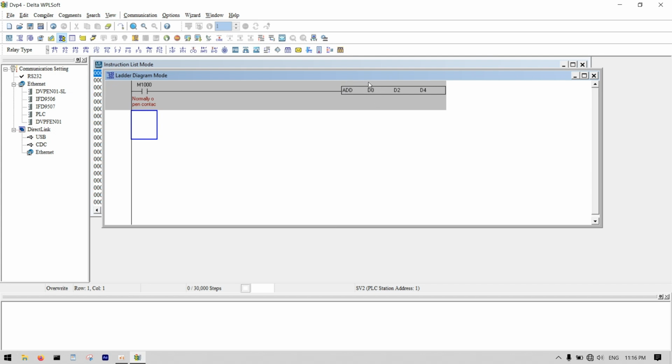The first number is in D0 and the second number is in D2, and the result of adding these numbers is in D4. Okay, and then